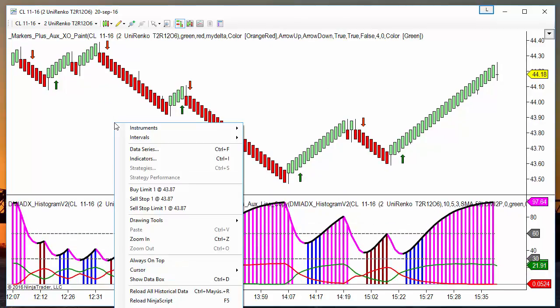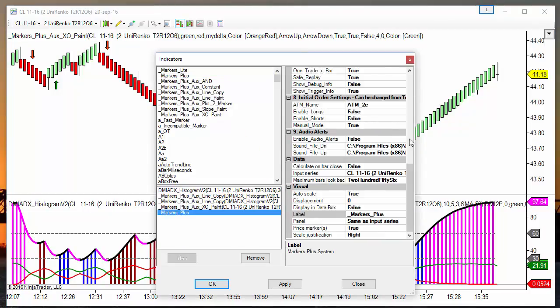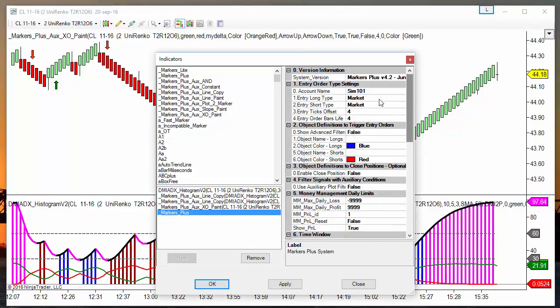And now we can automate these signals with markers. We only need to enter long on arrow up, enter short on arrow down,